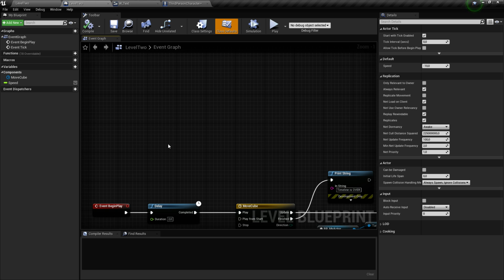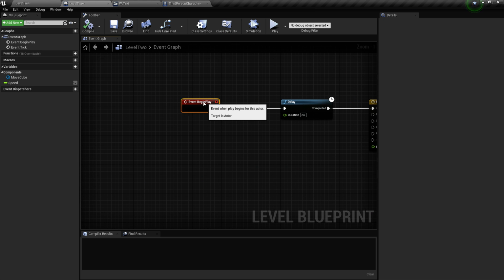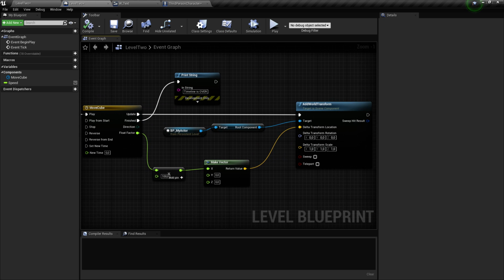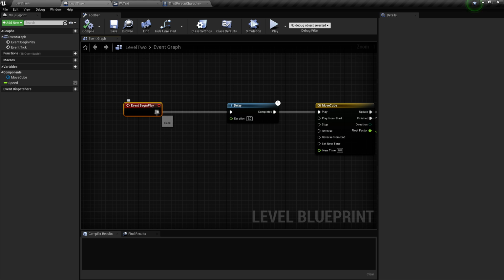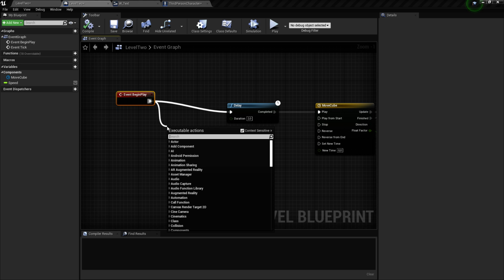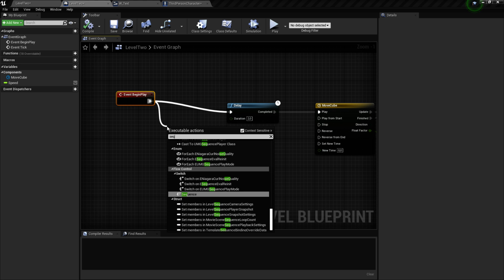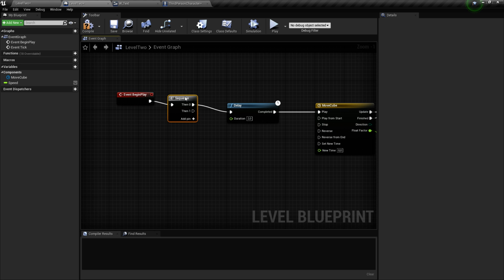So on event begin play, I already have one. I'm going to have a problem here because this wire is already connected. But in flow control, I have this node called sequence that can fire multiple execution pins from one. So I can duplicate my execution.